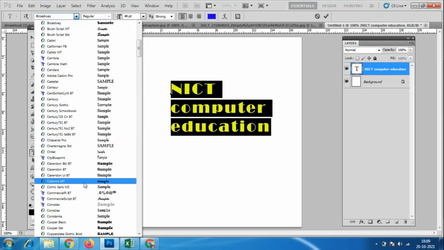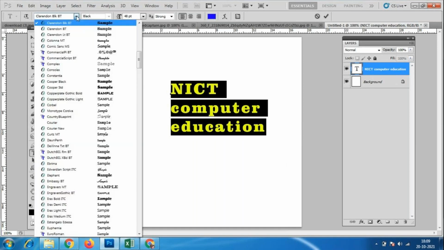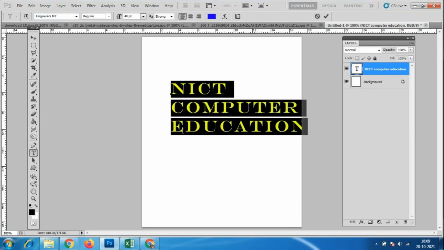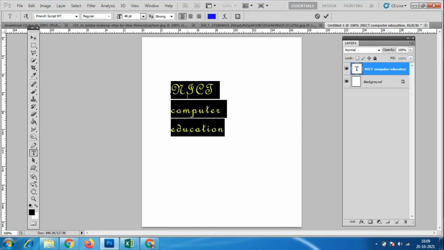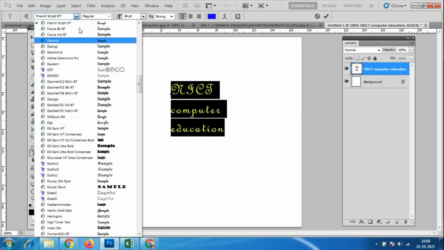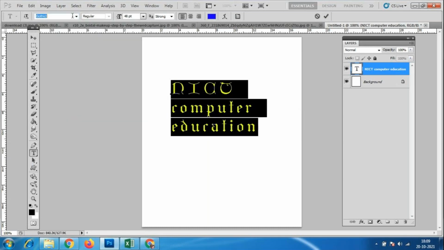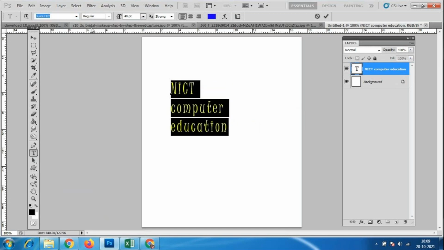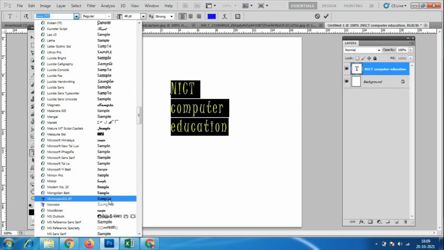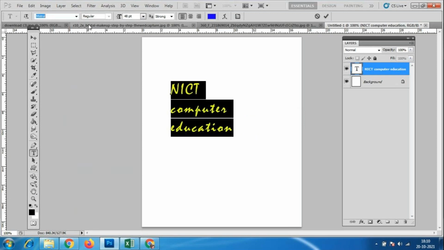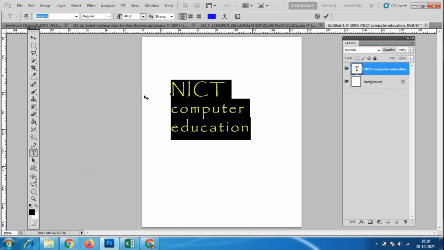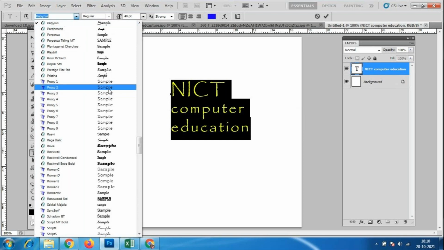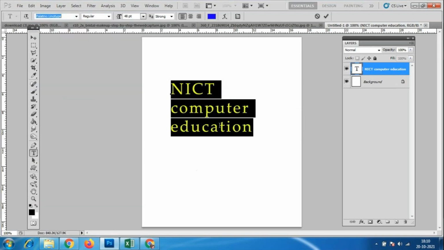So we have the text font here. Any kind of font you want. We have simple text, and we have italic font also. See, look at this, this is the italic font. All the font names will be there, Gothic and so on. Whatever font you want, according to you, you can add it. So this is the text option.